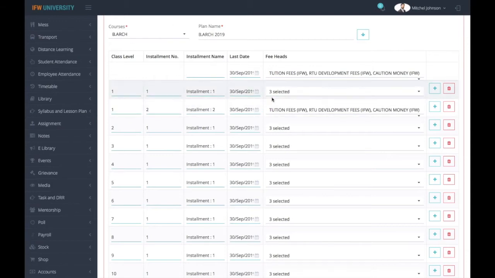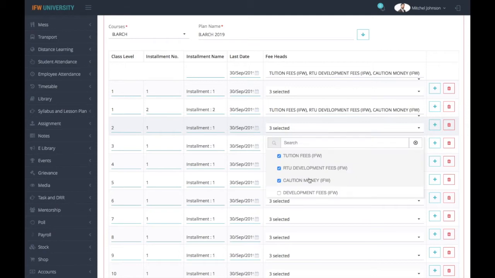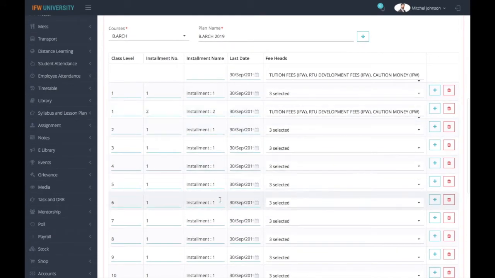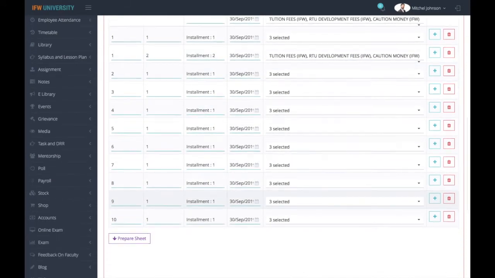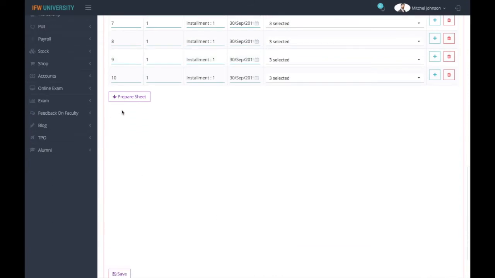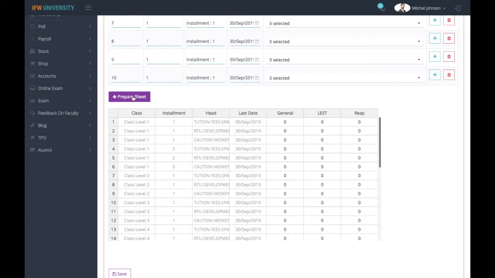So this is how each installment has been selected with these 3 fee heads. In the first semester, students are allowed to pay the fee in 2 installments. In all the remaining semesters, the student has to pay the fee in 1 installment, as we have made the entries. Now when you click on prepare sheet, according to the selected installments, you will get a table to enter